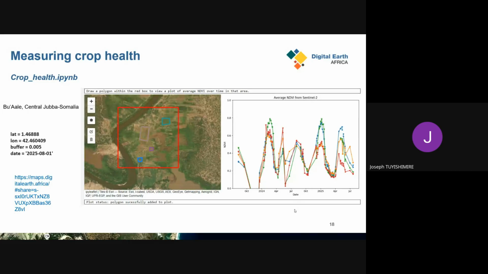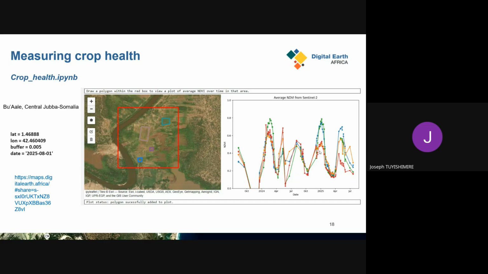And if you try to compare all the plots, you can see that although the trends remain the same, for some years the performance, the NDVI peak, has not been the same.